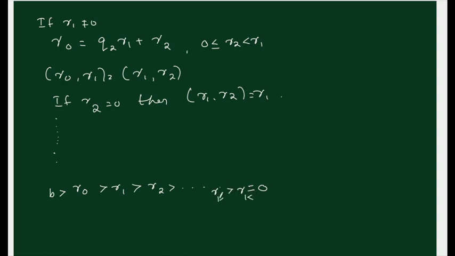This is Rk minus 1, and the remainder becomes 0 because in each and every step we are reducing the remainder by at least 1. Therefore, we must definitely get the remainder equal to 0 at some step, and that step we call Rk, and the last non-zero remainder is Rk minus 1. Therefore, GCD of Rk minus 1, Rk is definitely going to be equal to Rk minus 1, but that is equal to GCD of Rk minus 2 and Rk minus 1,